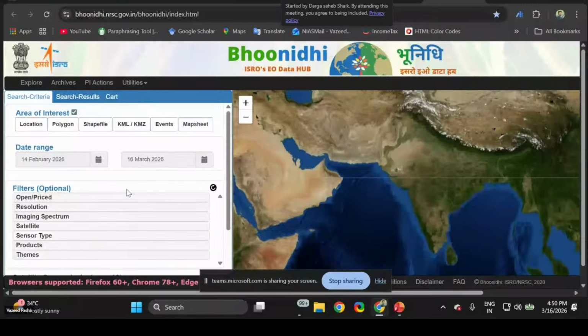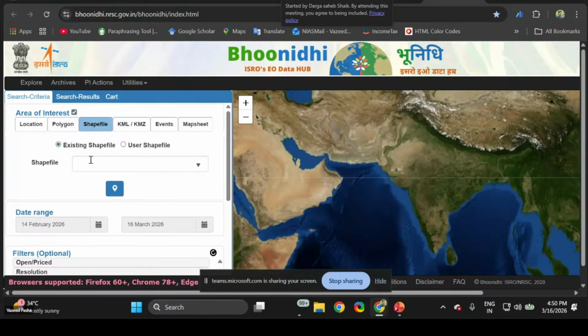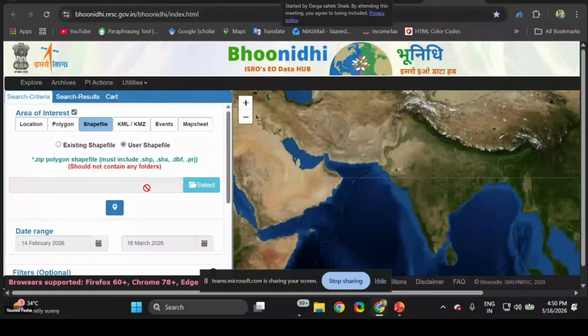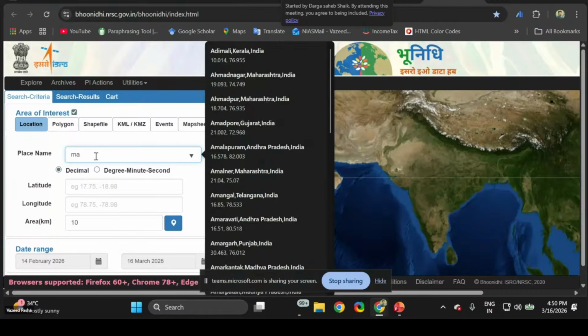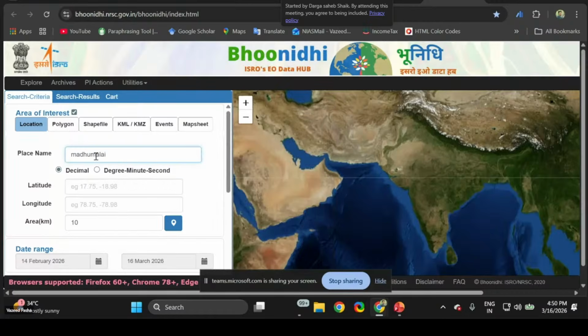Then, for example, if you have a shapefile, a Madhumalai Tiger Reserve shapefile, you go here and upload the shapefile. Or you can select an existing shapefile, or you have a location. There you can select Madhumalai. Place name is Madhumalai.